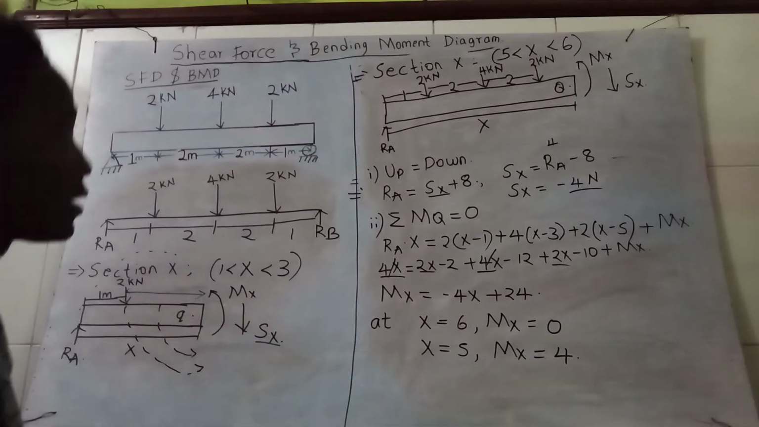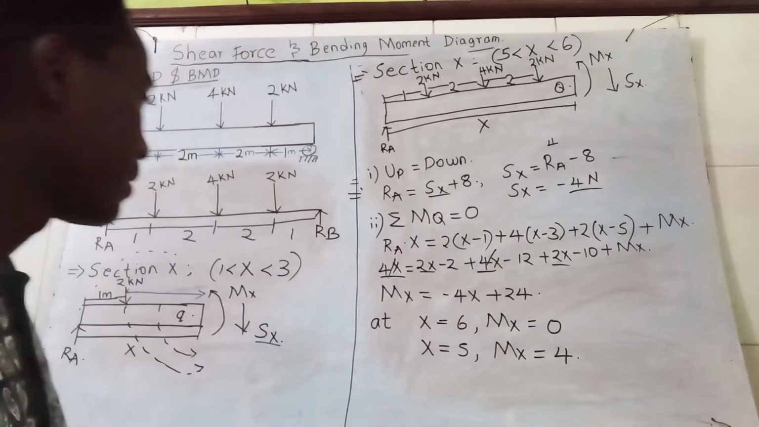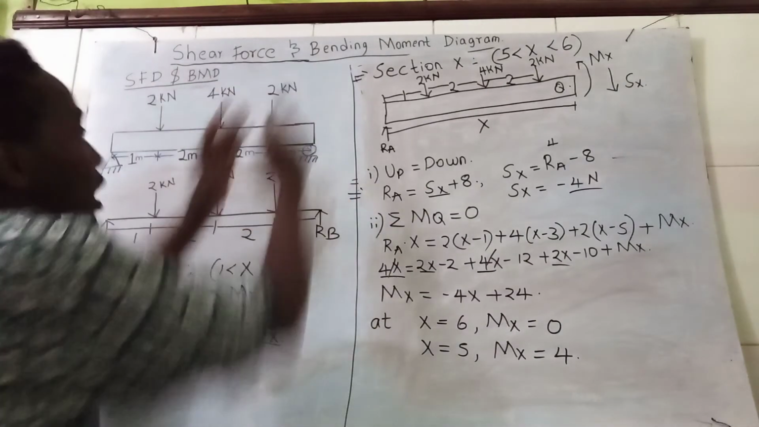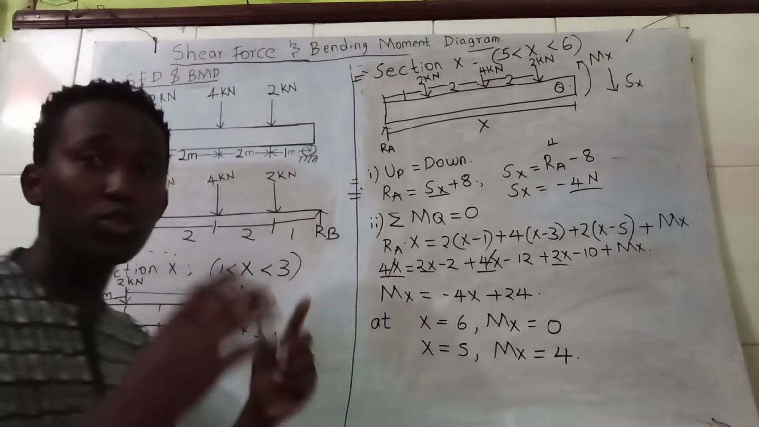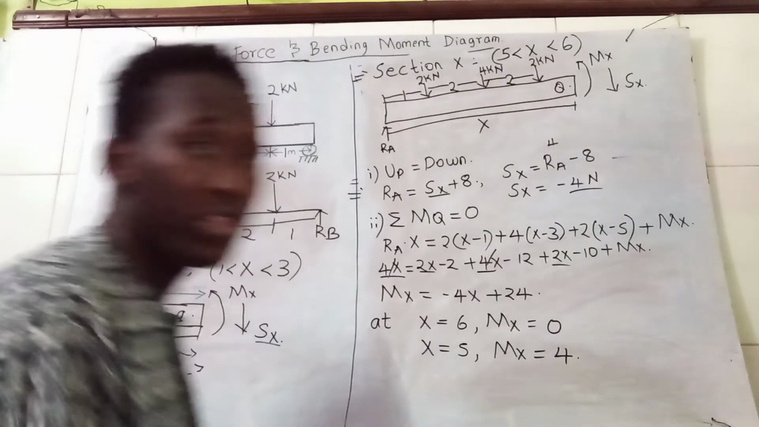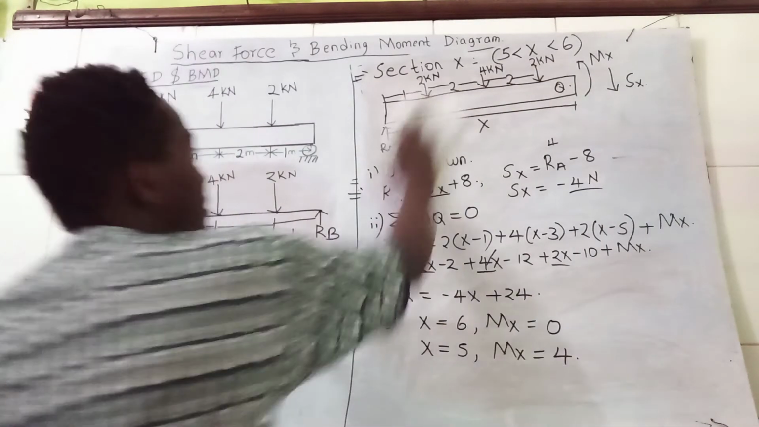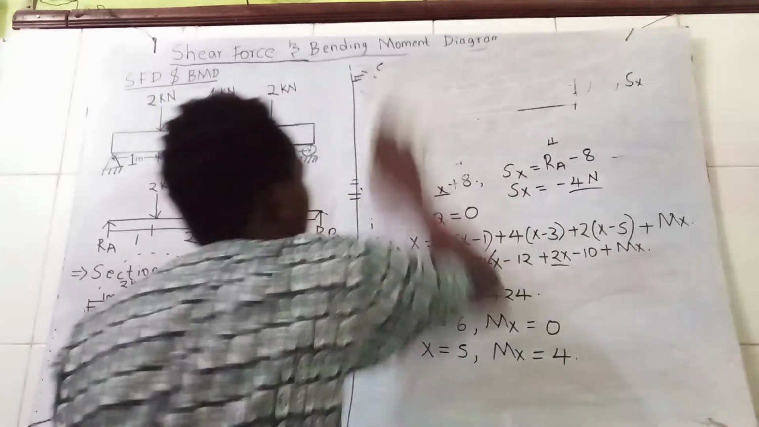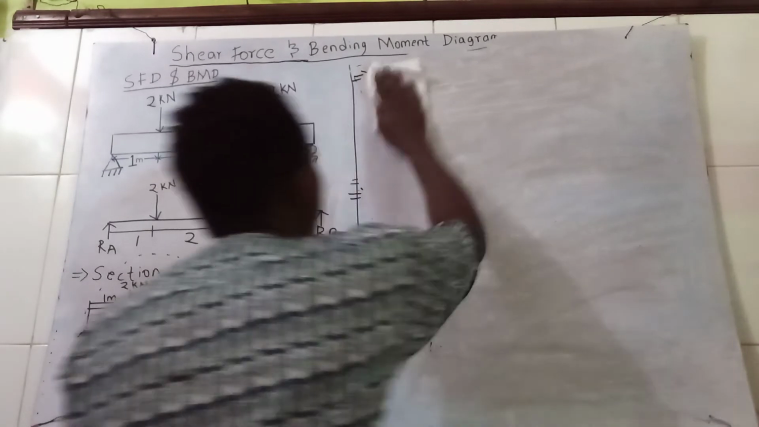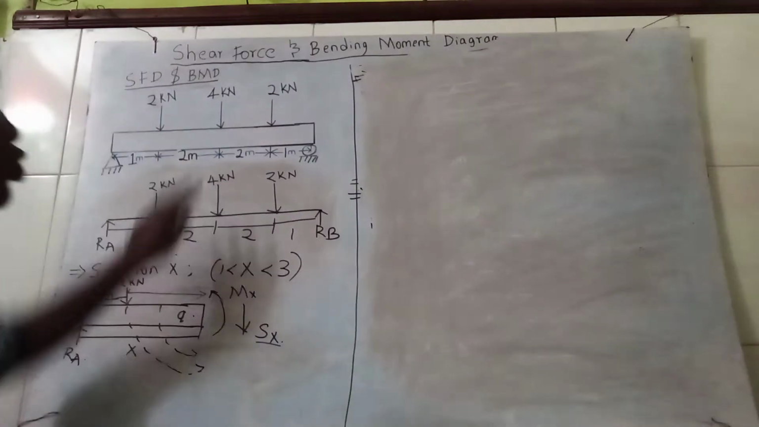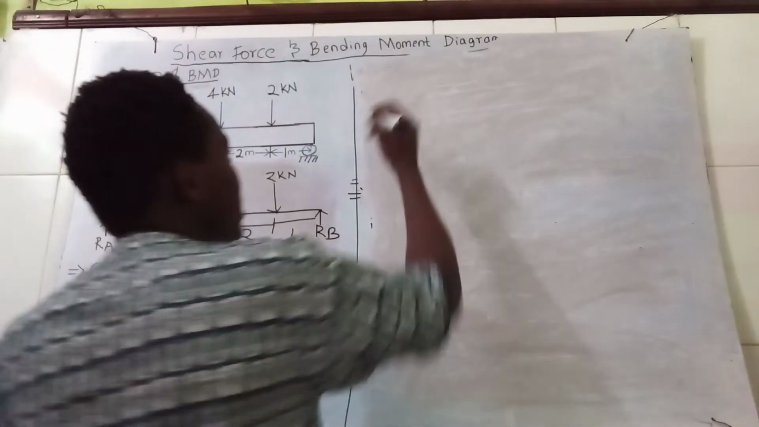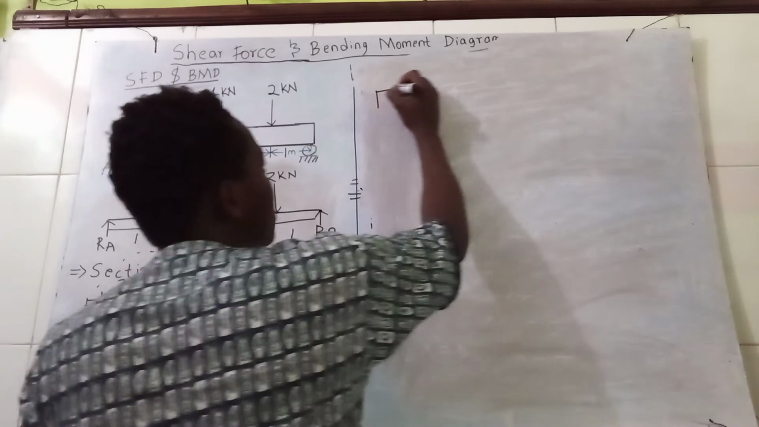So we have found the shear force Sx and also the moment Mx for all the particular sections. So now we are going to take those sections and plot a diagram for them, both the shear force and the bending moment. To do so, we are going to draw this at the top here. It is going to help us in drawing it. So at the very top,